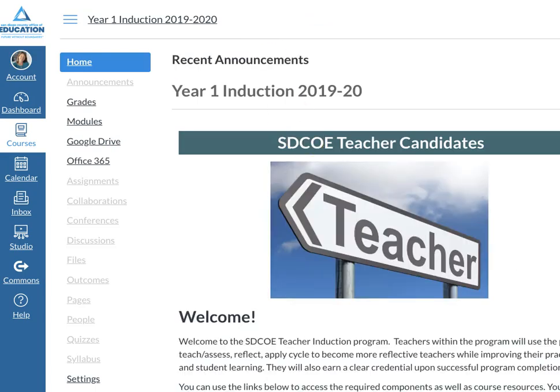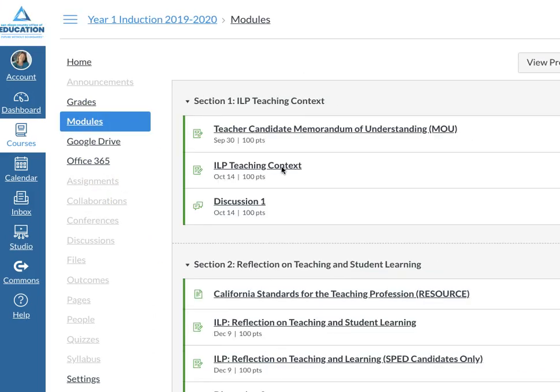When you go into year one, there's so much information here. But to help us get started a little quickly, and then we can revisit all of this, you can go to modules. And what we're focused on here is section one. Hopefully you've already completed your MOU, so you'll already know how to get here. The two things we need to begin to work on together are for me to get to know you and us to figure out how to work together.